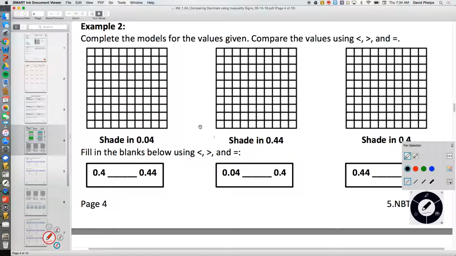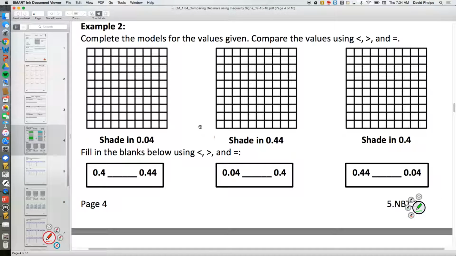Well, first it says shade in 0 and 4/100. Take your pencil and let's do that. 4/100, so shade in 1, 2, 3, 4/100. Okay, done. Next one. Shade in 0 and